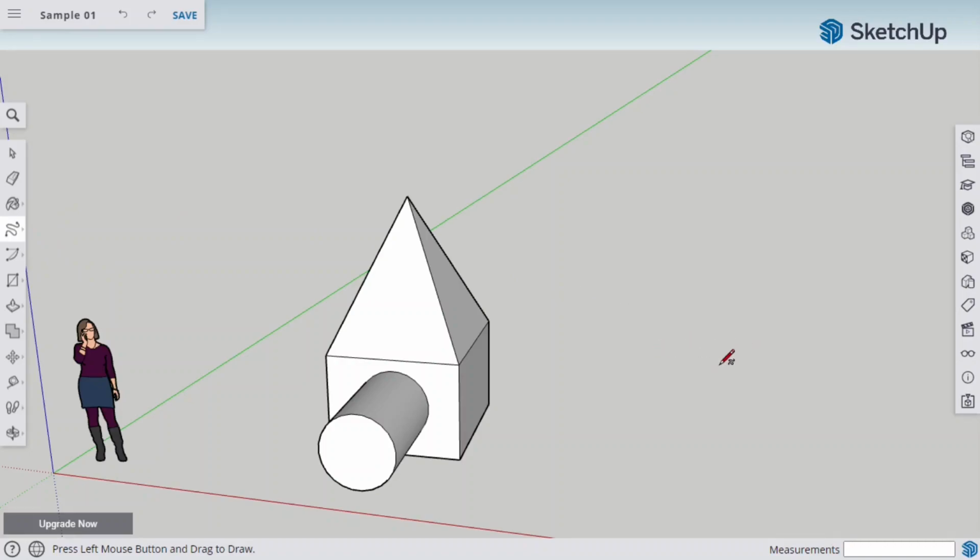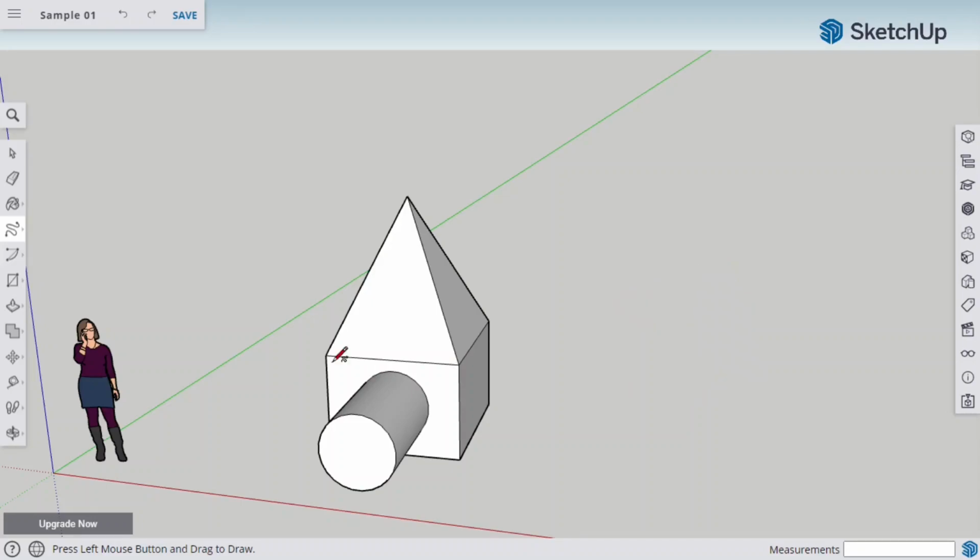You just need to left mouse click and without leaving the click button, drag the mouse in the direction you wish to in order to draw your shape. You can see that I have made this shape and the area where all the lines are connected automatically got a face, whereas the area where the lines are not connected remained as I had drawn. Now let me connect these two dots and you saw as soon as the shape got completed, it got filled with the face. Now let us see the line tool.